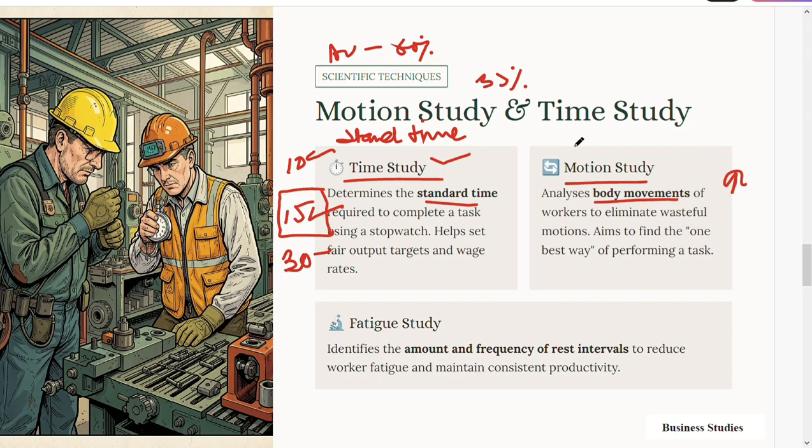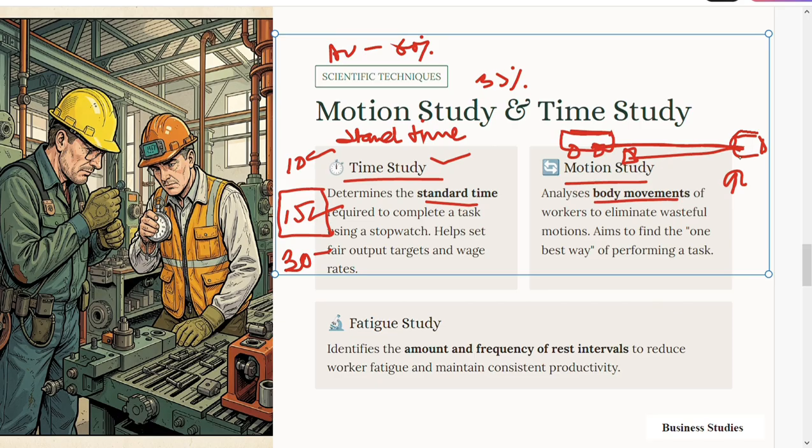Like I told you, if the car is coming here to fix the tire, let's say the employee is standing over here and his tools are there. So he has to go there, pick up the tool, fix the tire, and then keep the tool over here. So this is unwarranted motion. What he suggested was that the toolbox should come around along with the employee, so that he takes the tool, fixes the tire, and the car goes to the next stage. So this is the unwanted movement he eliminated in the motion study.